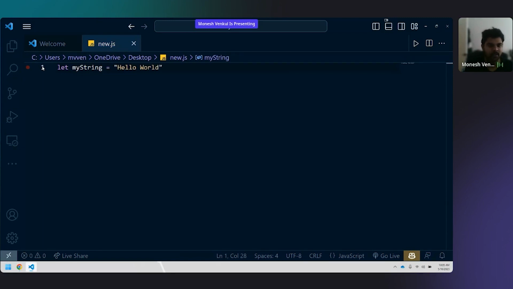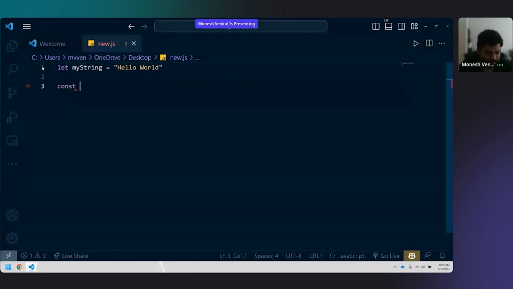This is my string, hello world. Regex you can write as const or you can use let. It's up to you. But usually const is preferred because once a pattern is created, we should not change it. So preferably I will go with const. My pattern equal to